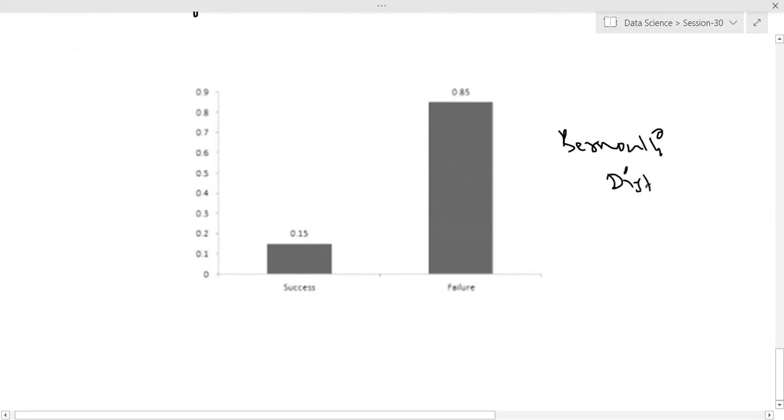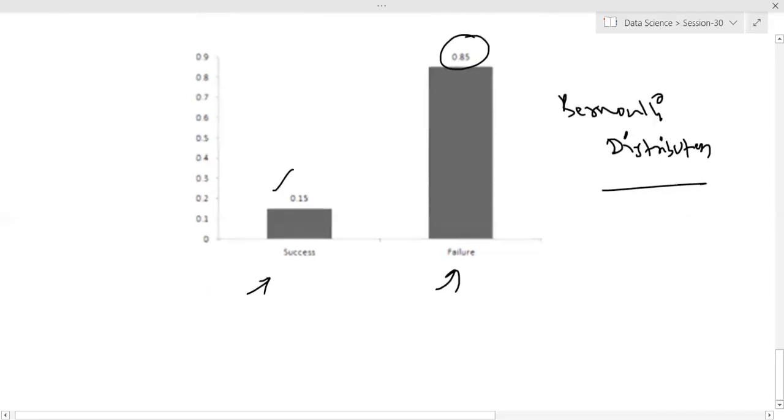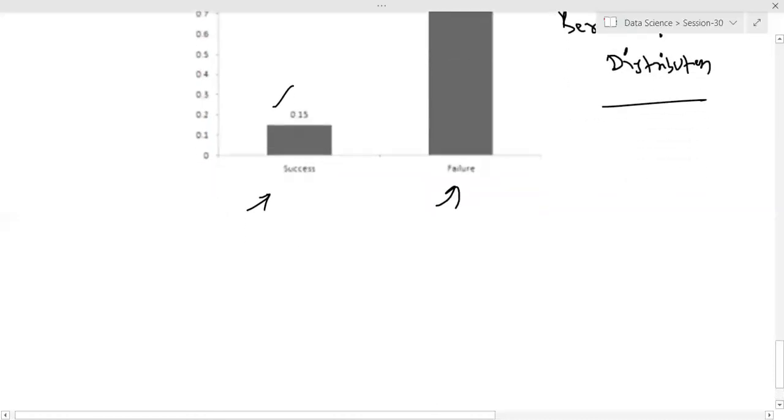Okay, there is a clear distinction actually. So it is saying that the chance of success is 0.15 and the chance of failure is 0.85. This is how you can refer to the Bernoulli distribution. Now, just to go back and think through, I have given a mean, which is expectation of